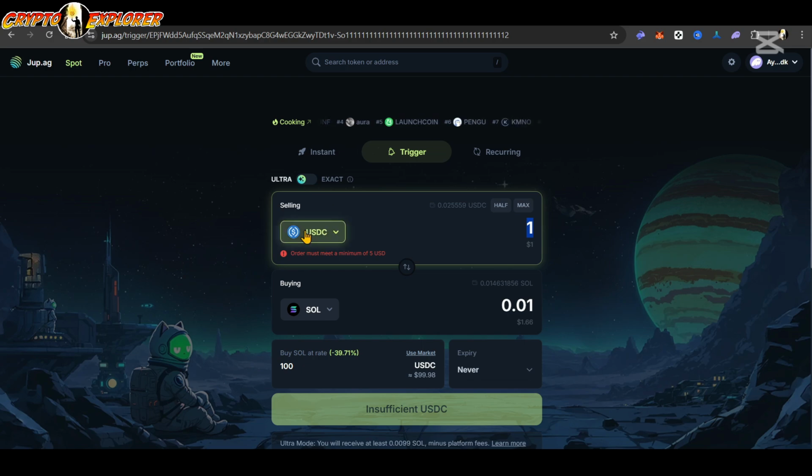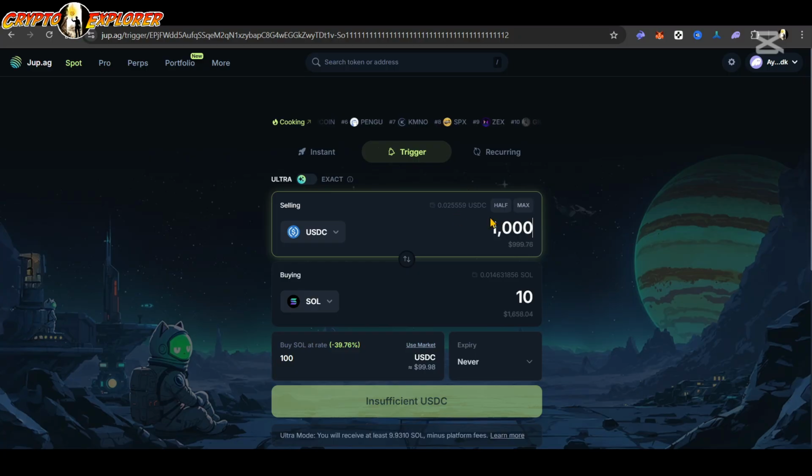You can use USDC, whatever other token you want, and you can also input how much you want to buy for that limit order. So in this case, I would be buying $1,000 worth of Solana if the price drops down to 100. Important to know, once you do this, the funds do leave your wallet and everything is automated